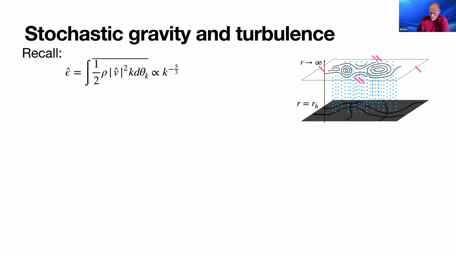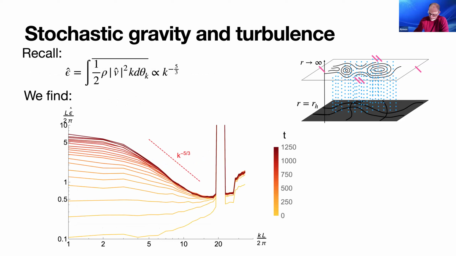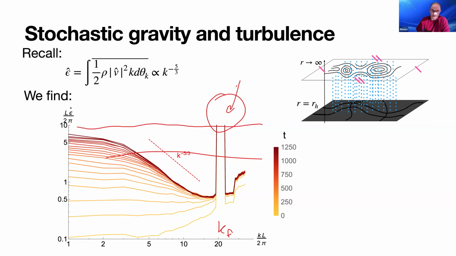Okay, so we can compute the energy power spectrum once we have the velocity, and we get this plot. Yeah, I can't erase this thing for some reason. But what you see here, this big peak at 20, is where the driving force is. So this is roughly kf. And you see that it's so high, we had to cut it off. This is essentially these little squares that we saw in the plot. Everything is dominated by the driving force because it's very large.